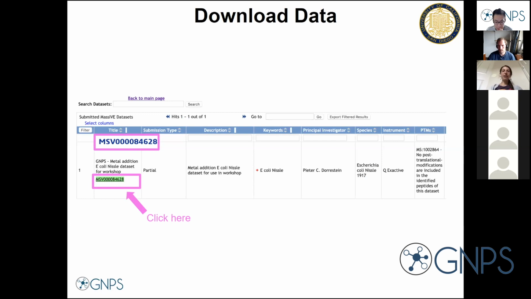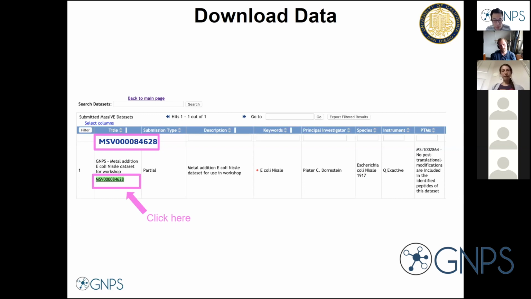You can search anything in the title portion of this table, but it's easiest if we have the Massive accession number to just search that. So I encourage you to type in this MSV000084628 into that box,